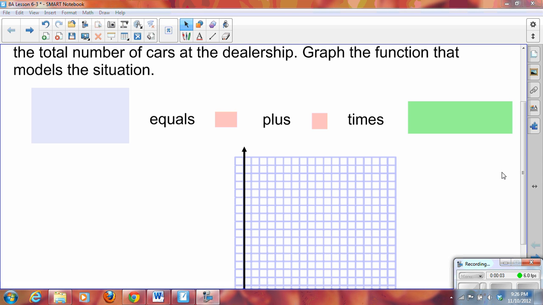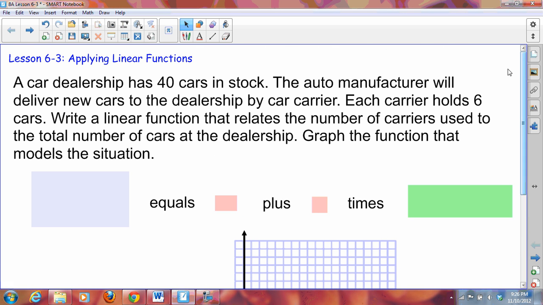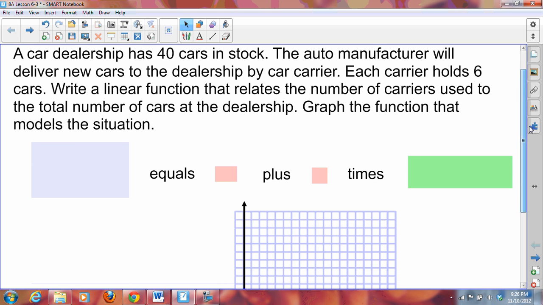Hi, today we are going to do lesson 6.3, applying linear functions. A car dealership has 40 cars in stock. The auto manufacturer will deliver new cars to the dealership by car carrier. Each carrier holds 6 cars. Write a linear function that relates the number of car carriers used to the total number of cars at the